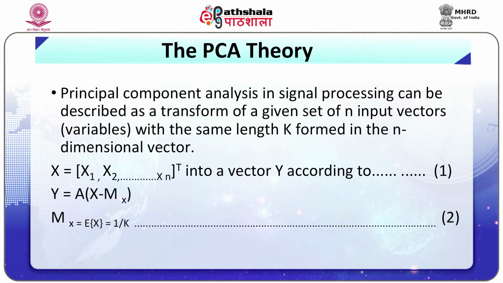of n input vectors or variables with the same length K, formed in an n-dimensional vector, where x is equal to x1, x2, ..., xn, into a vector y according to equation 1. y is equal to A(x minus mx). mx is equal to E{x}, which is equal to 1 upon K